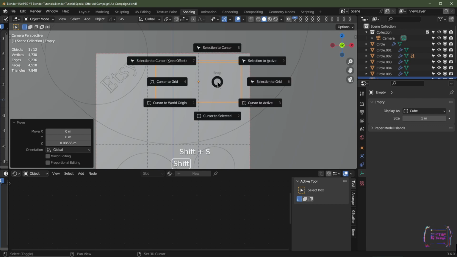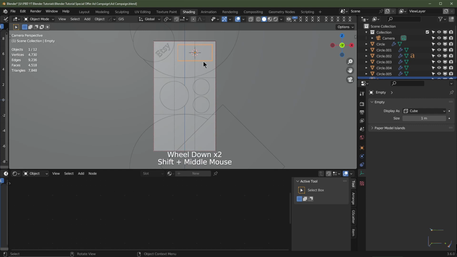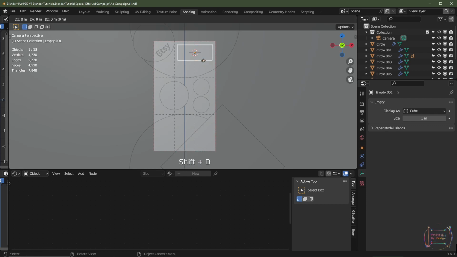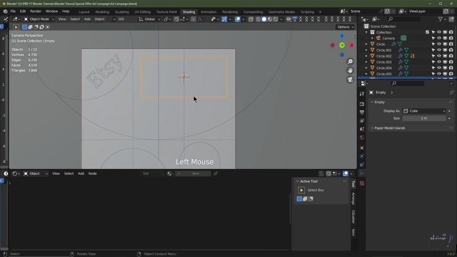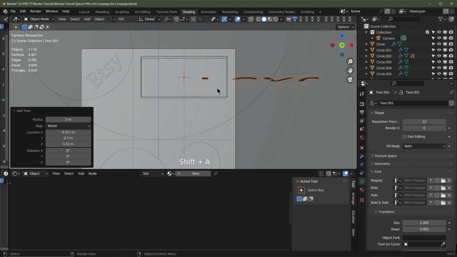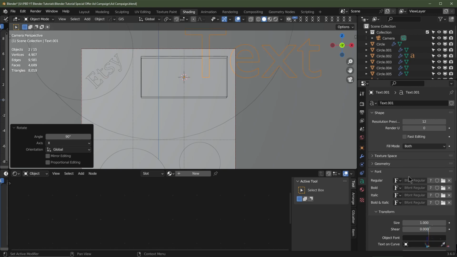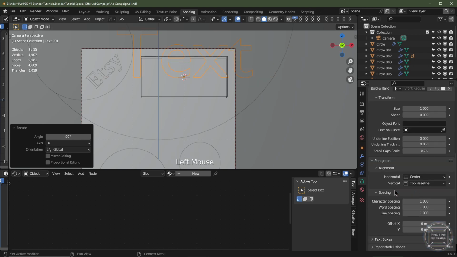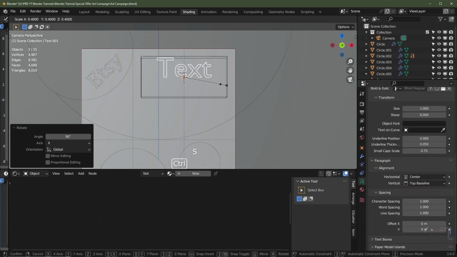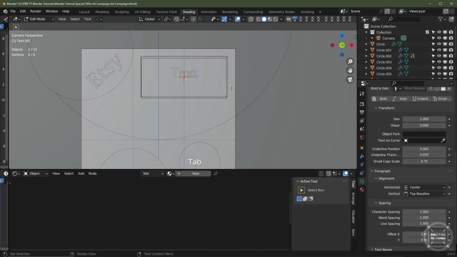I'm going to hit Shift S, and then we're going to go cursor to selected. I'm just going to duplicate this object. Shift D, and then Shift Y, and then I'm just going to drag this down here for another text object. With the cursor selected to the origin of this empty, I'm going to hit Shift A, add text, and then RX90, and we'll also center that. We'll scale it down, go into edit mode by hitting tab, and I'll type in